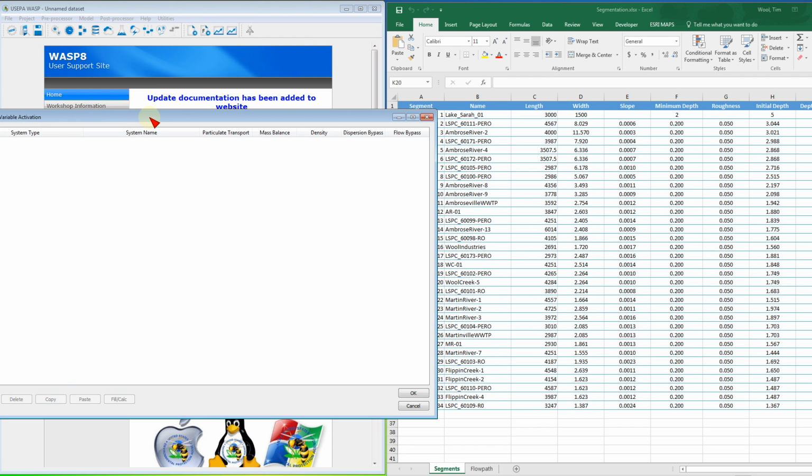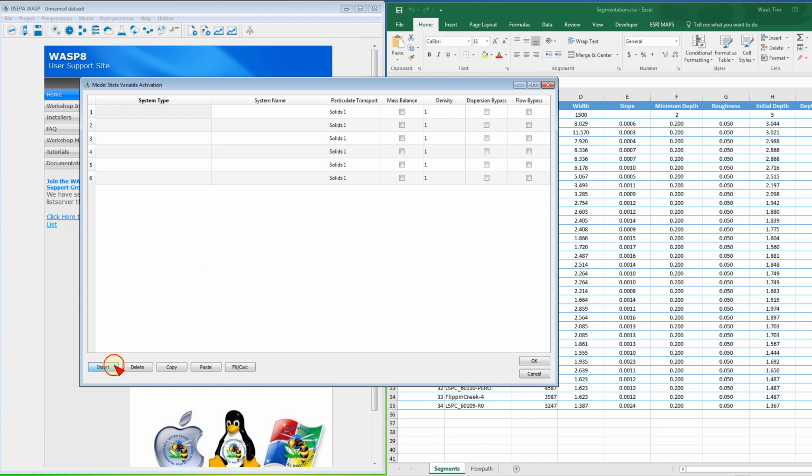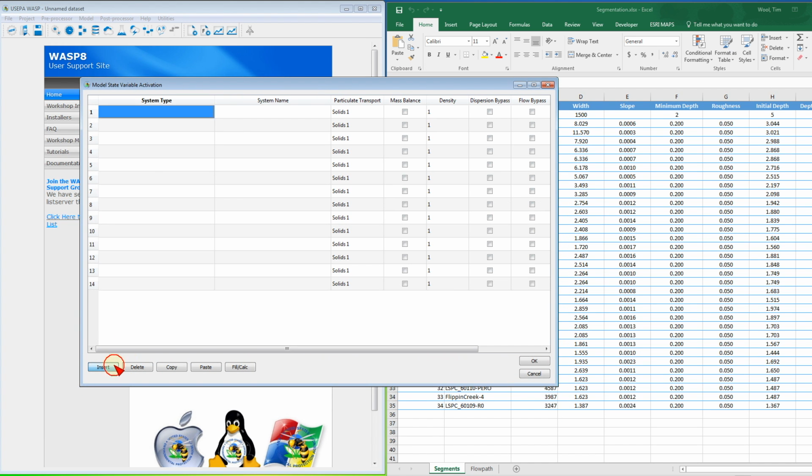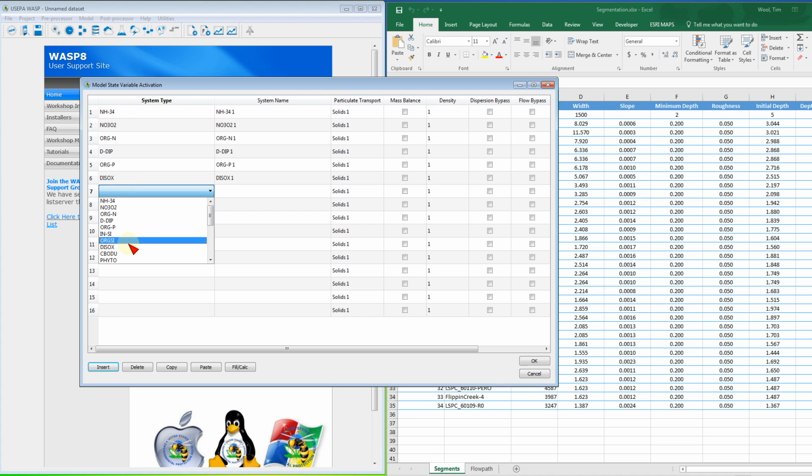So the next thing we're going to do is add state variables to our model. Because WASP doesn't assume or know what you want to do, you need to add the state variables. So we're going to be adding the nitrogen series, the phosphorus series, DO, BOD. We're actually going to do 3 BOD components, and I'll explain that in a little bit. We're going to add water temperature, as well as solids, phytoplankton,